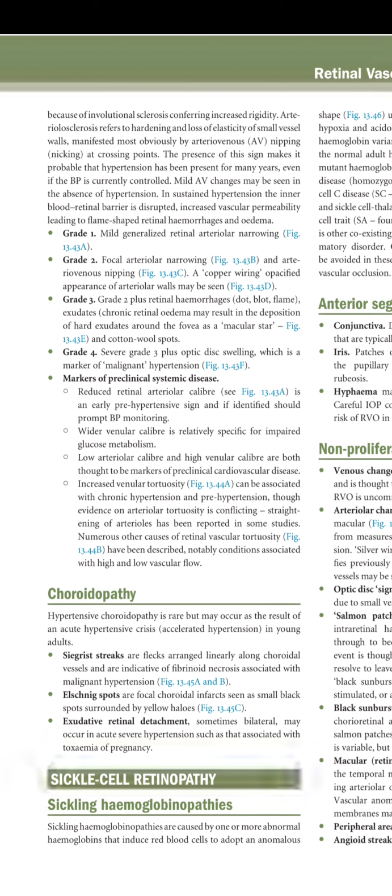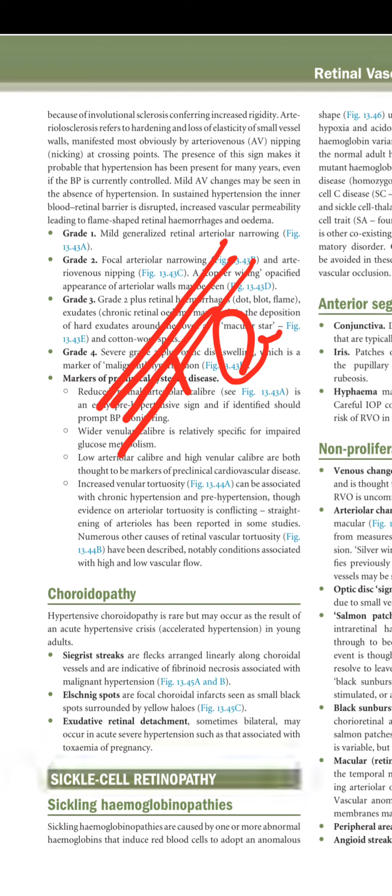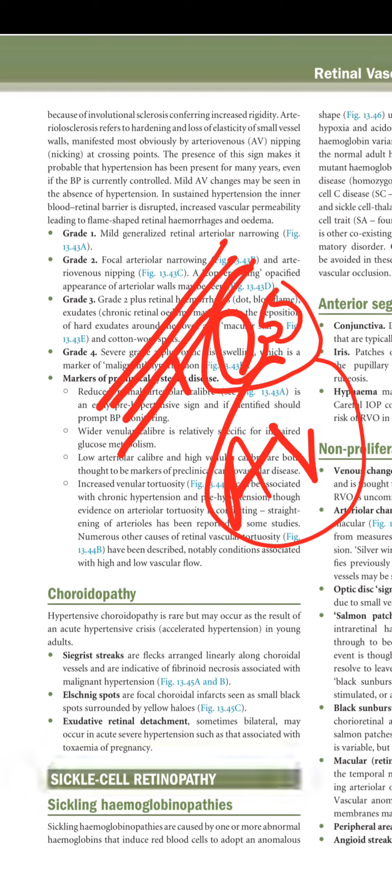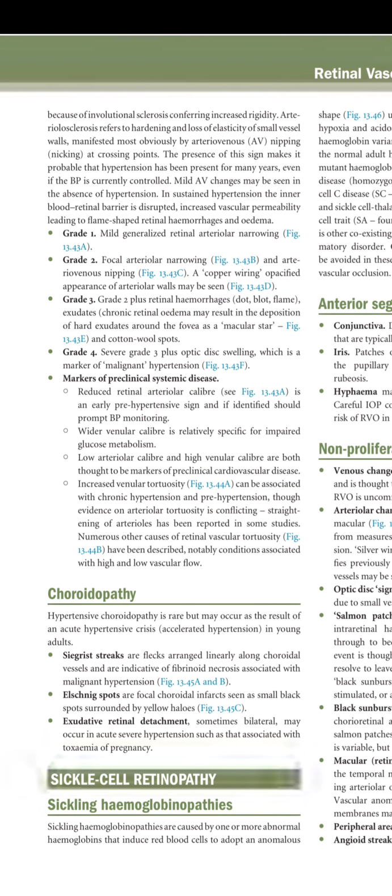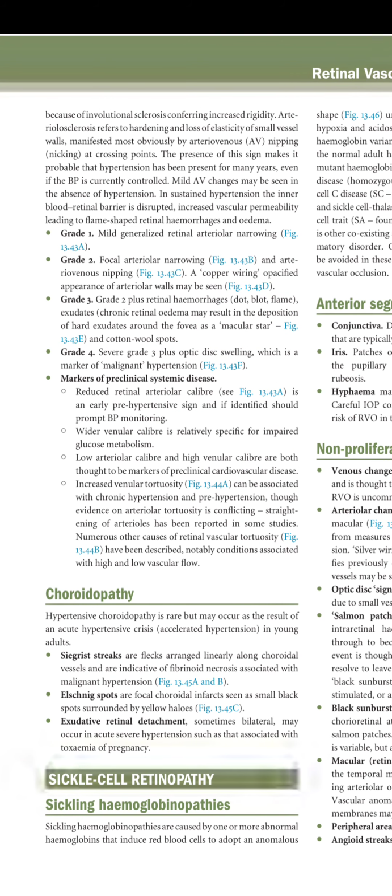So what is happening is that the arteries become atherosclerosed and there is a hardening of the arteries and there is a loss of elasticity of the small vessel, which shows as an AV nipping crossing point. The presence of the signs makes it possible that hypertension has been present for many years even if the BP is currently controlled. Mild AV changes may be seen in the